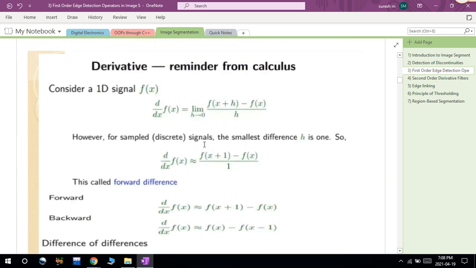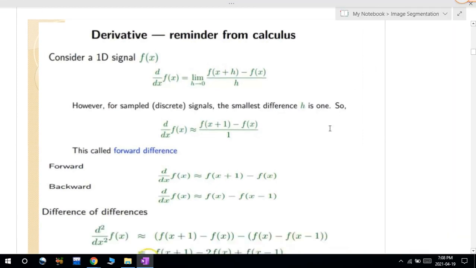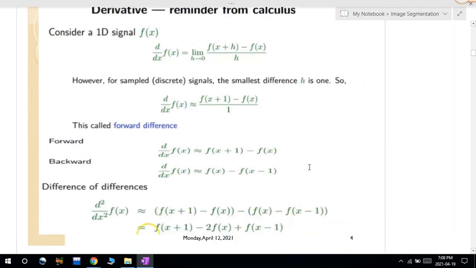So in case of this intermediate level, if you have remembered about calculus, then in case of this 1D signal, we will try to find out, if it is f of x. If it is a 1D signal, I will indicate it by using f of x, and if it is a 2D signal, I will write f of x comma y. So in case of f of x, I will try to find out the derivative.